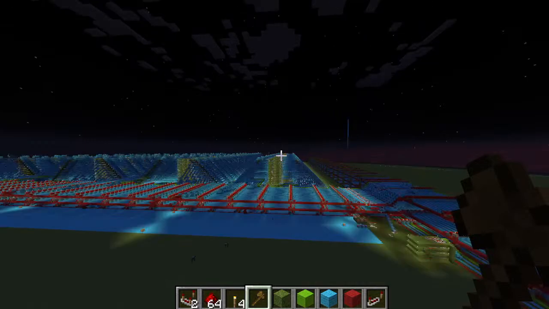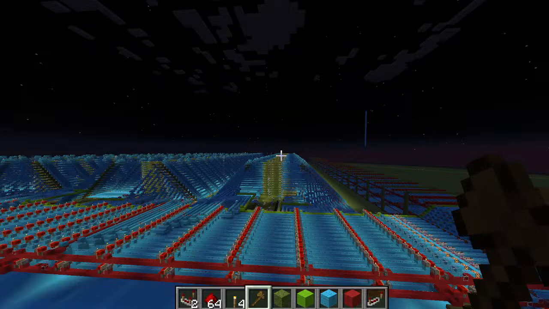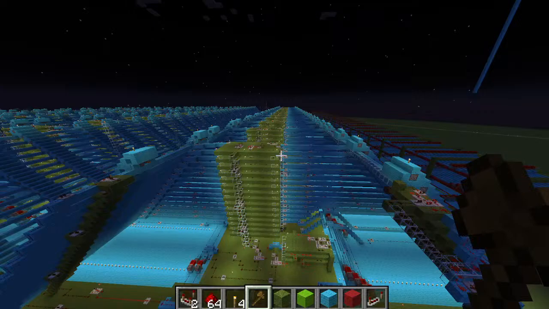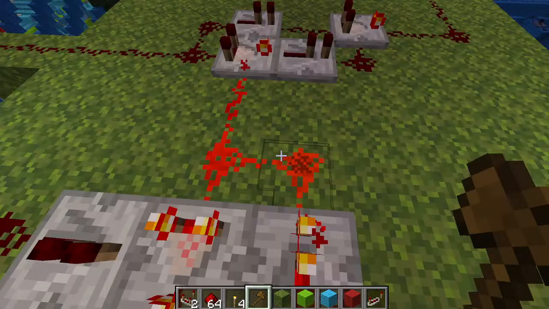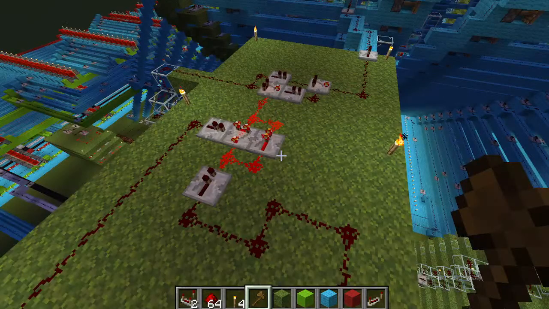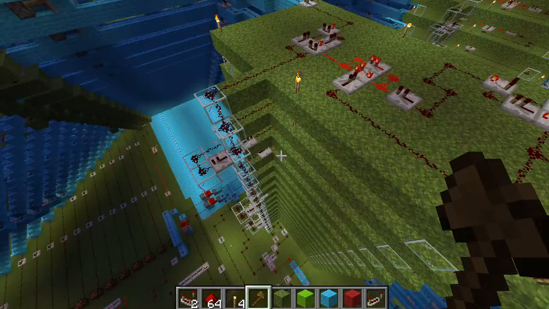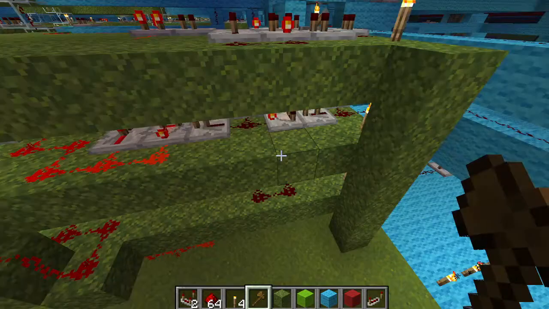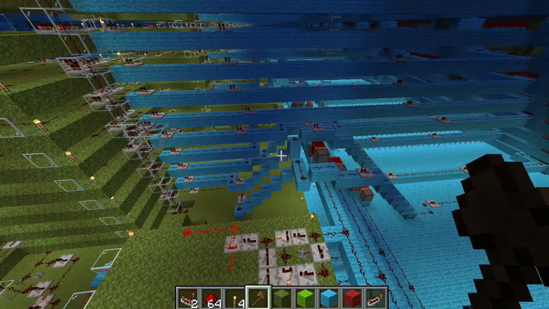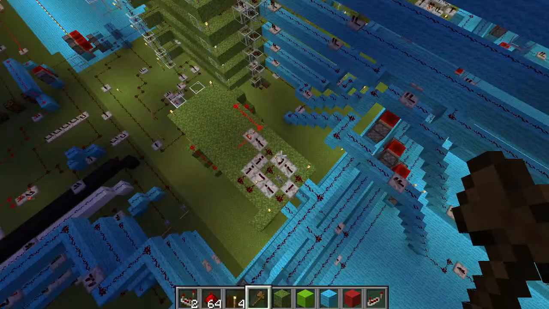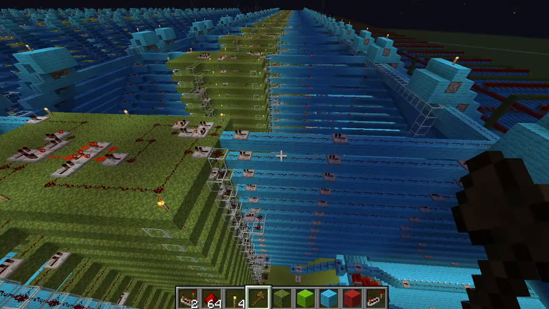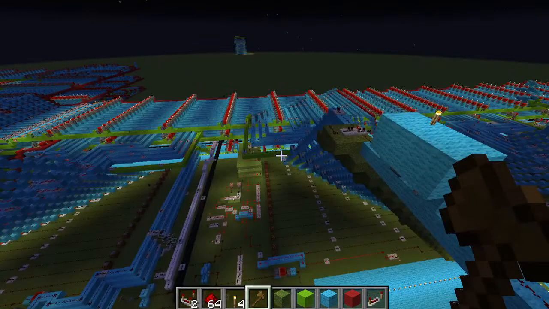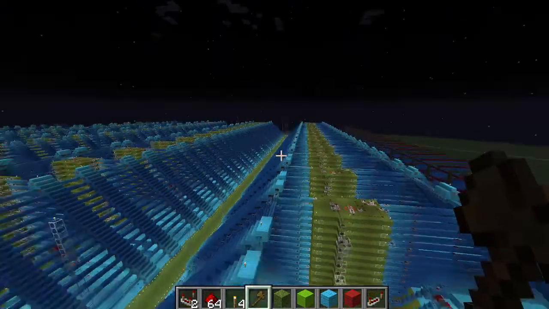So if you're new to my build, this is a 16-bit memory address. This here is a single bit stored in this little loop here, and this here is a memory controller. This has a 4-bit address associated with it, and when that address is on, that switches this on for reading or writing. It writes from this side, and it reads through this side, and then that's set up into these lanes here,